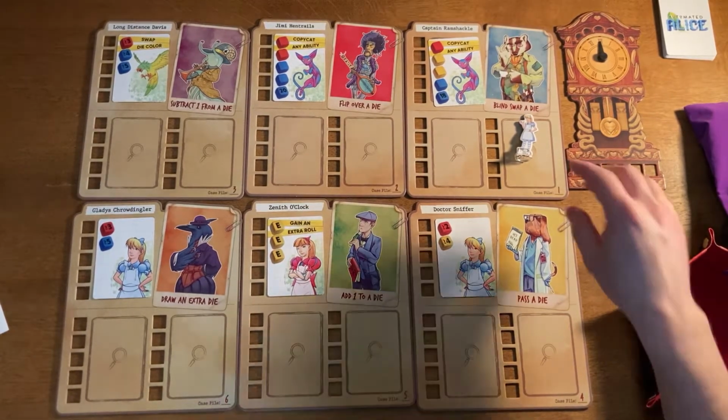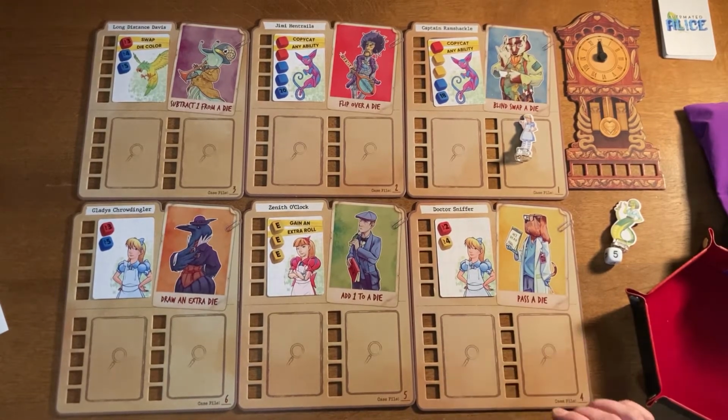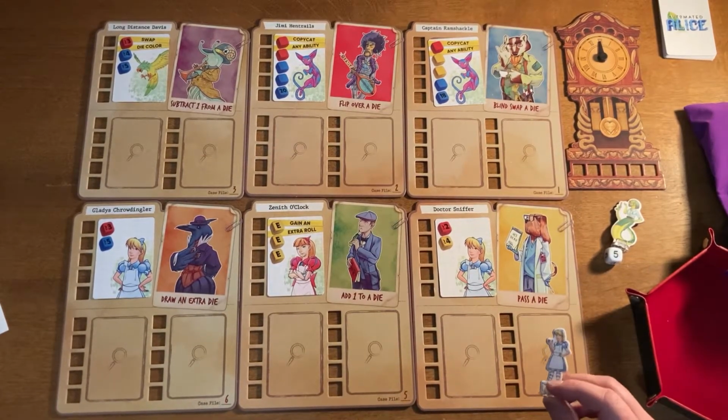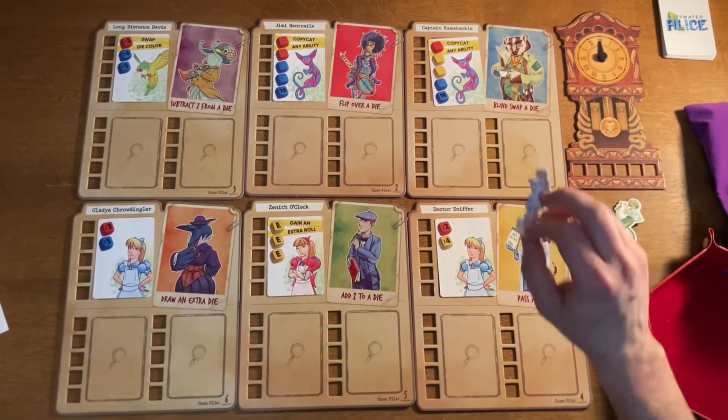2 more things, actually. Each case card has a specific character with a specific power. Now, as you're moving from case to case, you're able to use those powers either before you roll your dice or just after you roll your dice. The only